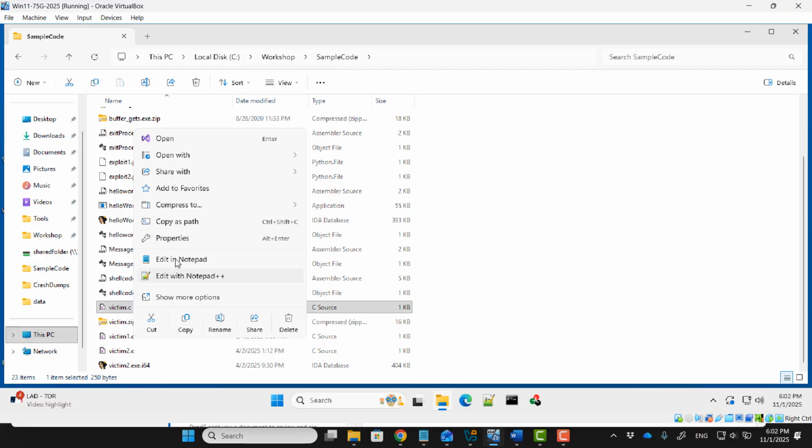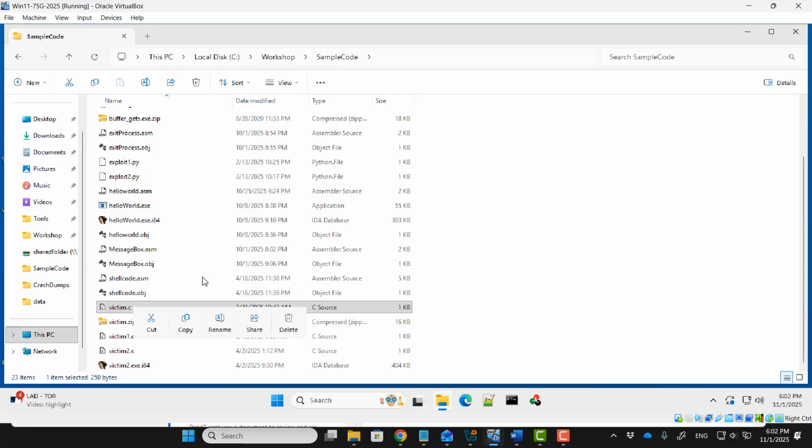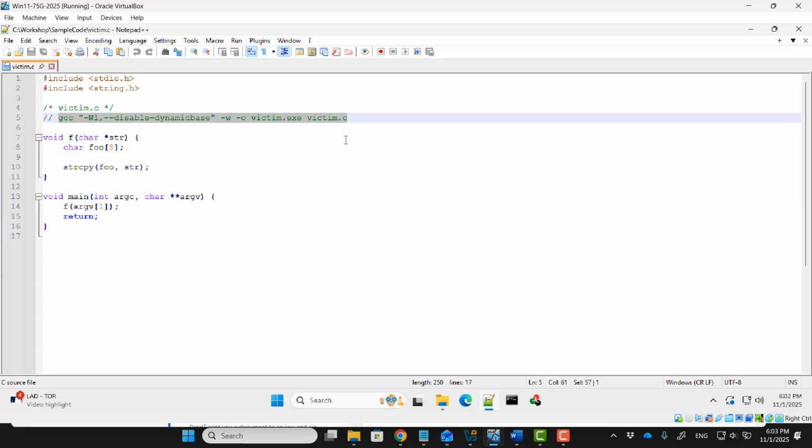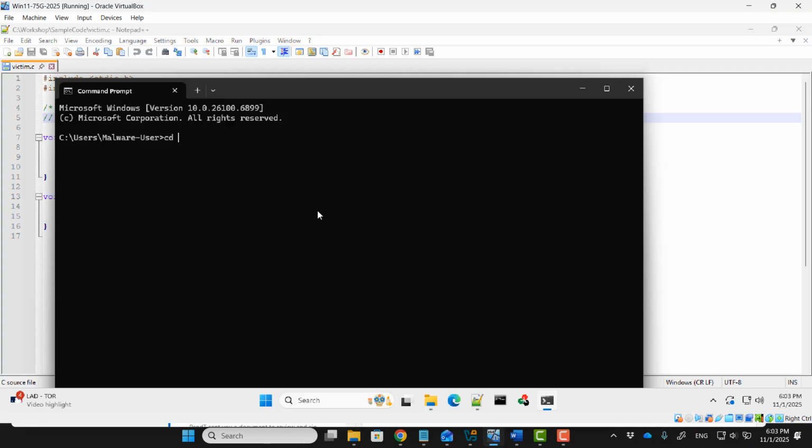So I right click, open it with Notepad++. So this is the code, right? You can see here I have the command line command to actually compile this program. So I open the command prompt. So I need to go to the right folder, and it's called the workshop, right? And the sample code. So then I compile this